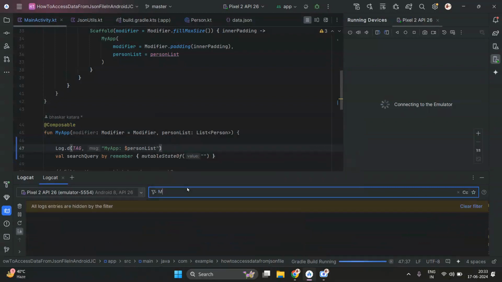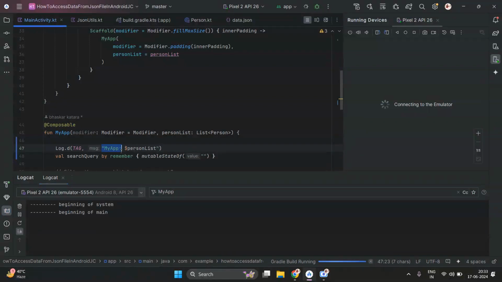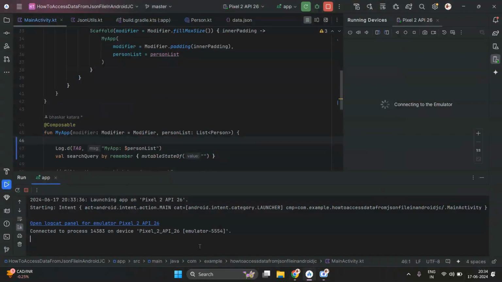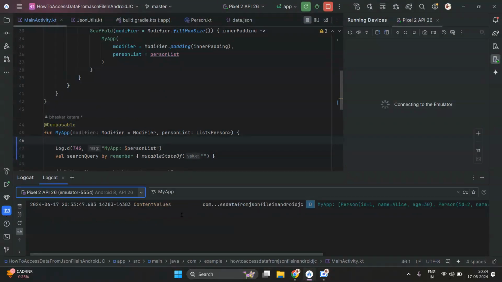Like if we write my app, which is the message here, then we get the personList. So our app is built successfully, and if we see in Logcat my app, you are able to see